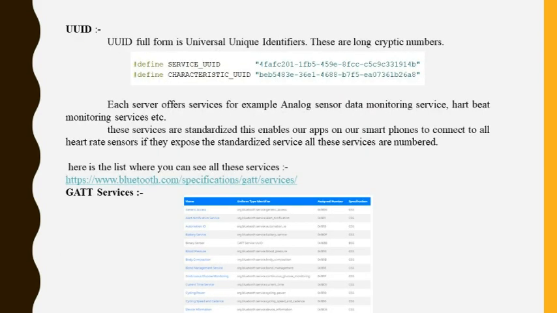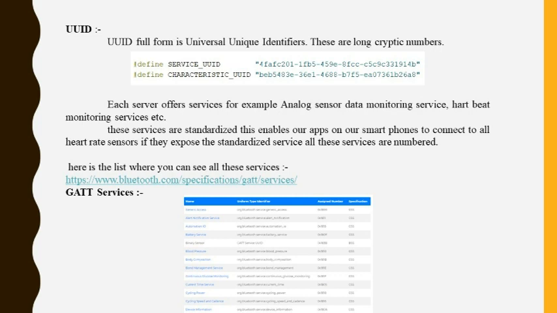UUID. UUID full form is universal unique identifier. These are long cryptic numbers like shown. Each server offers services, for example an analog sensor data monitoring service, then a heartbeat monitoring service, etc. These services are standardized, which enables the apps on our smartphones to connect to all heartbeat sensors, if they expose a standardized service.